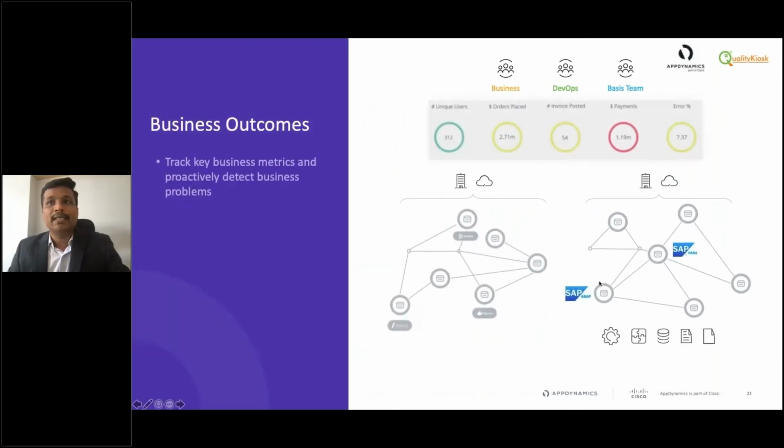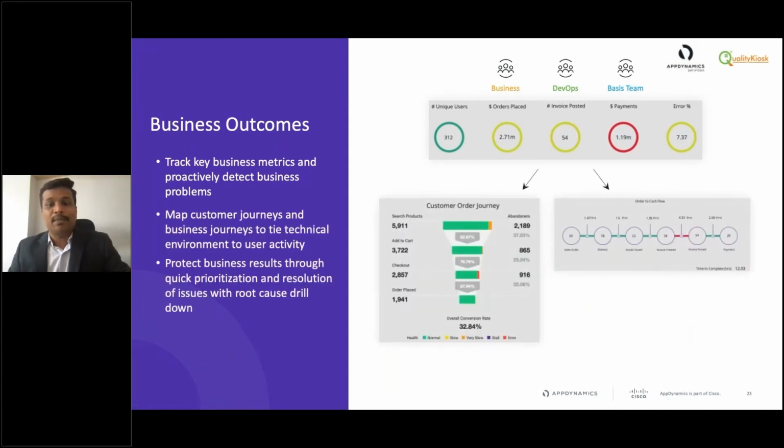So we start by looking at the business outcomes that the SAP technology is there to support, and that is both SAP and non-SAP applications talking seamlessly to each other, right? So we track the business metrics that indicate if there is a problem, and we can see the application performance in a variety of ways to see where exactly the problem is caused and how we can fix it. For example, we might see that the dollar amount of orders being placed is lower than normal, and so we can drill down to that particular user journey and figure out what is exactly causing that